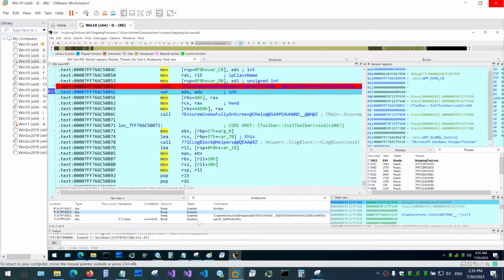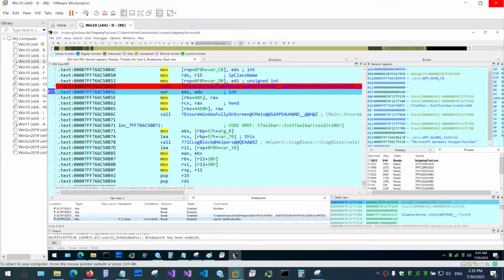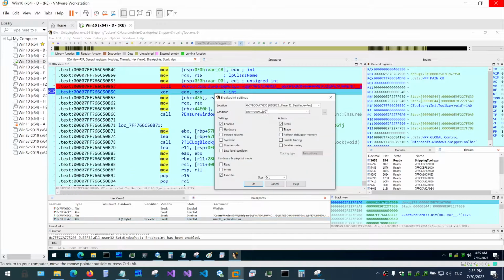Okay, so we need to enable this one, guys, unfortunately I can't enlarge the font here in these windows, or at least I don't know how to do it. So I hope you can see it. So we right-click on the breakpoint, go to edit, and edit in our window handle,